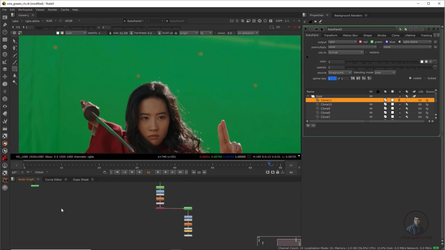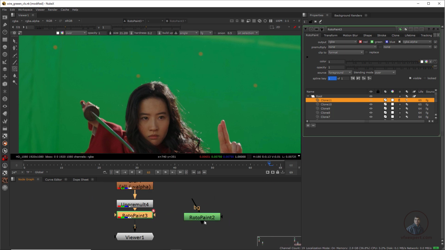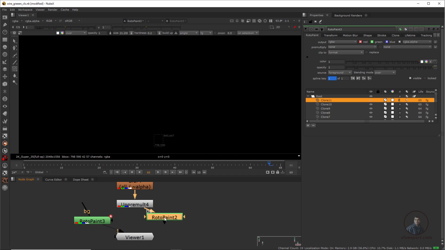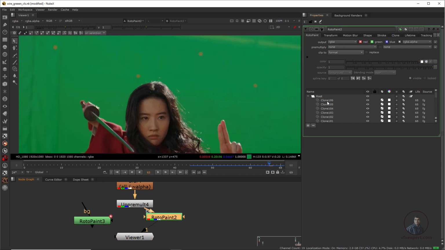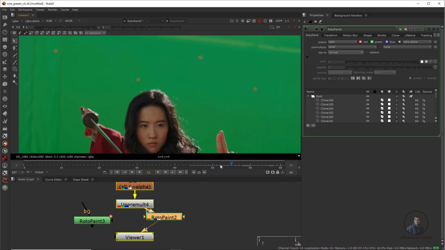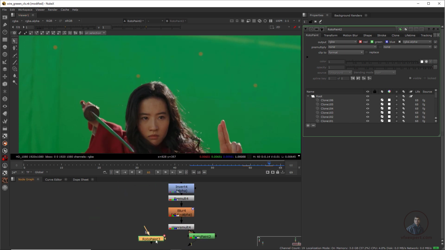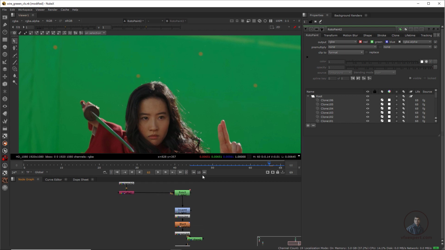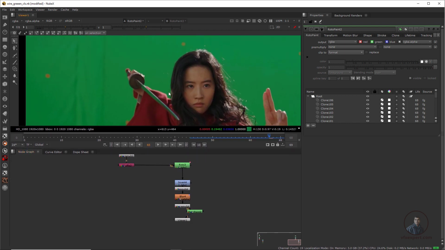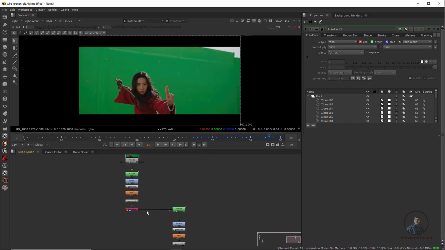I have this other paint node here. I am going to replace this roto paint node with this roto paint here. Again unplug it and connect this one here. Now select this one and press 1. If there is any problem, you can clear it. Now you can see there is no problem. Now for the final output, select this one and press delete. Press H here, and this is our final flow here.